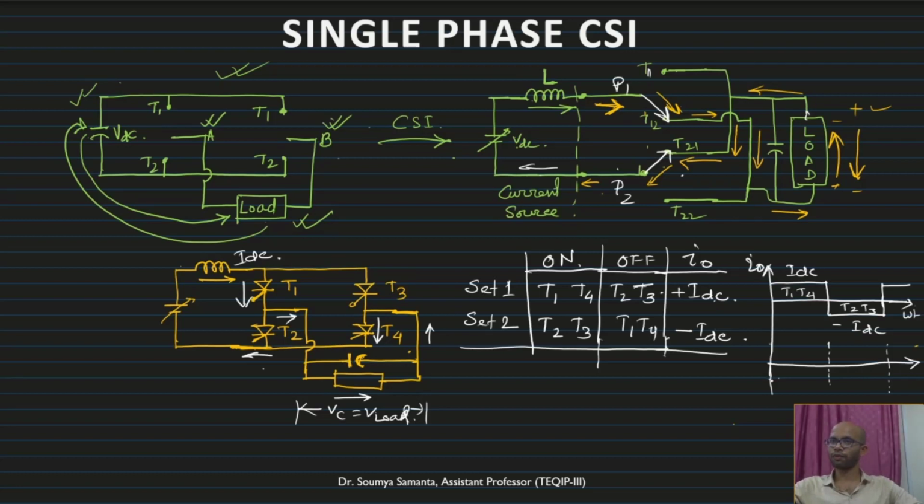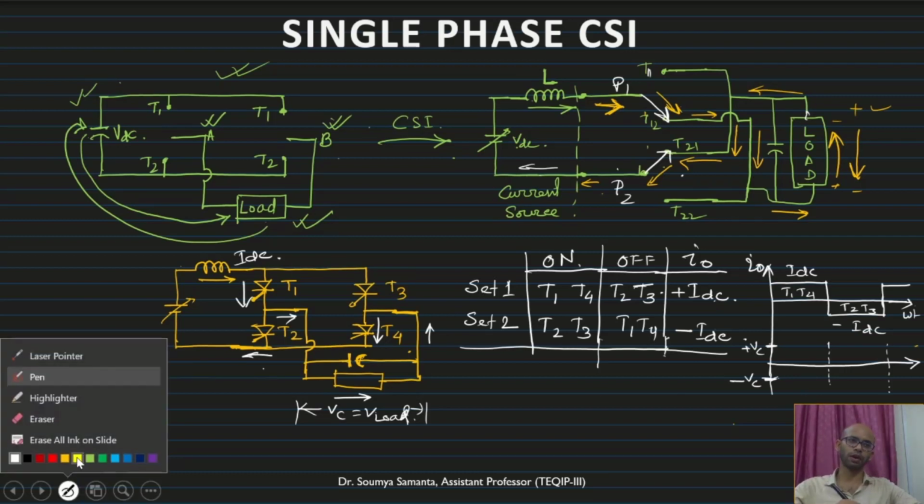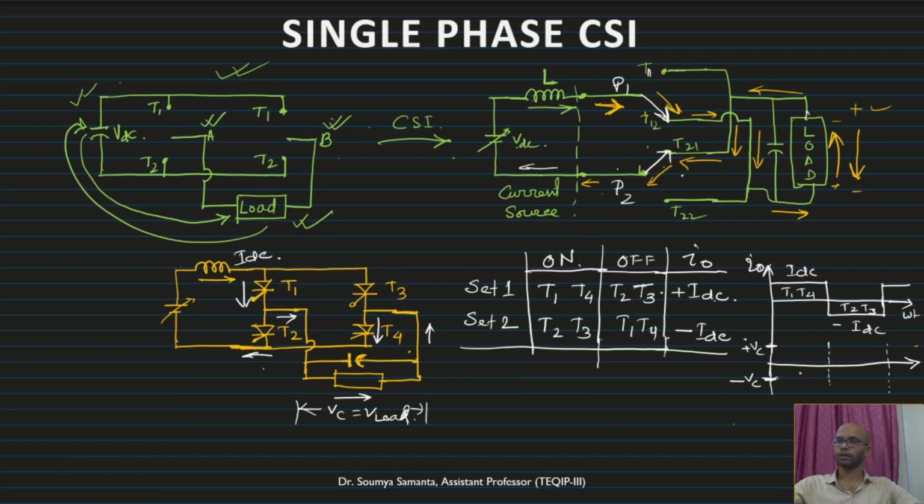So basically if I start from there, suppose this is VC, the capacitor voltage, this is minus VC, this is plus VC. So if I start from here, let me change the color, it will be easier for you to understand. From here it will start and gradually go up, then it will go to VC and then gradually go down. So positive VC to negative VC. The same way it goes on.